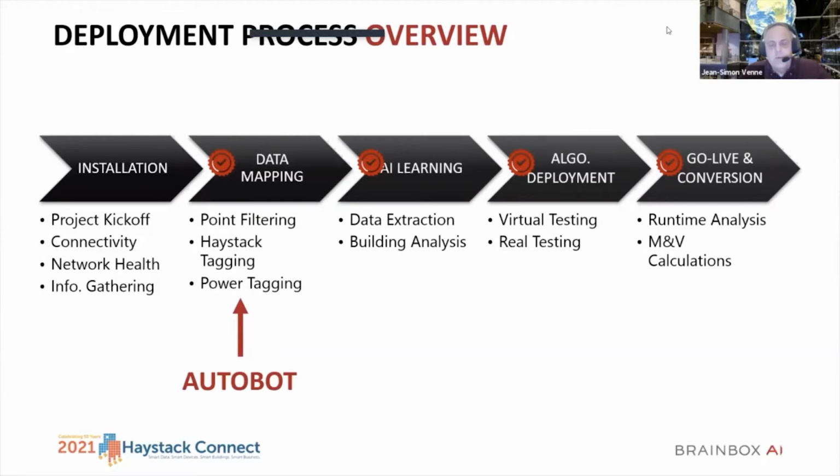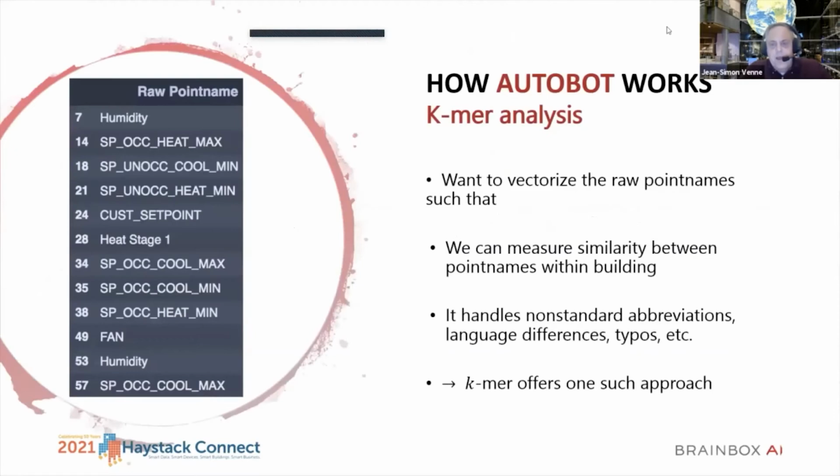So we developed Autobot over the last 3 years in partnership with the NREL in Colorado, where together we put together that piece of AI that we call Autobot, which is there to automate these 3 steps. So it's done completely automatically with the supervision of a human. That's the step that used to be done completely manually. And how do we do it?